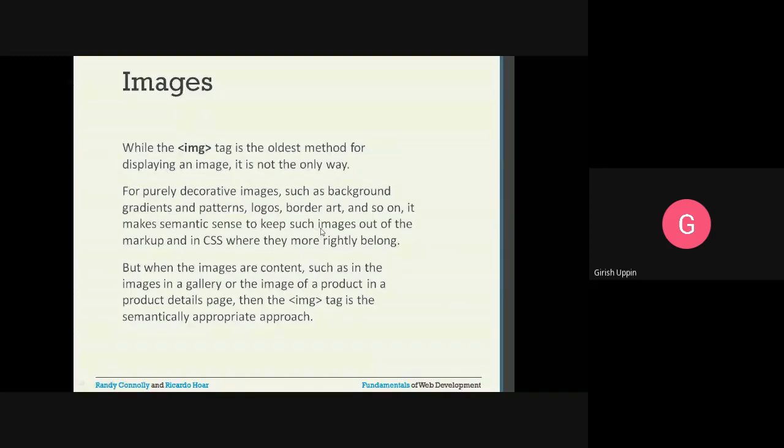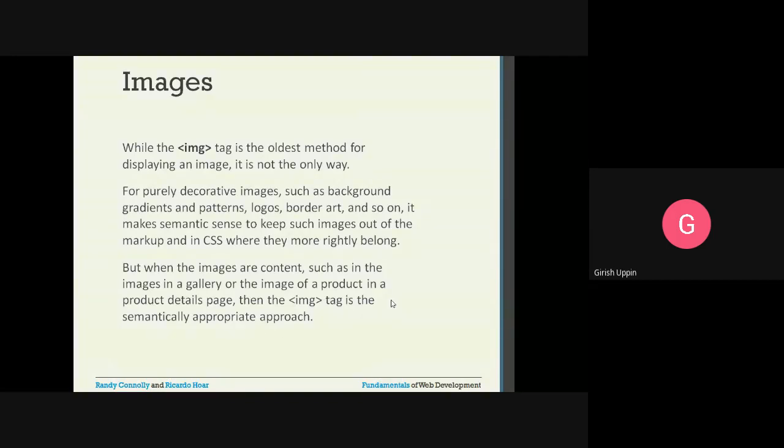But for certain images, the content goes with the meaning or the semantics of that particular web application, then we have to use the img. When the images are content, such as images in a gallery or an image of a product in a product details page, then the img tag is the semantically appropriate approach.